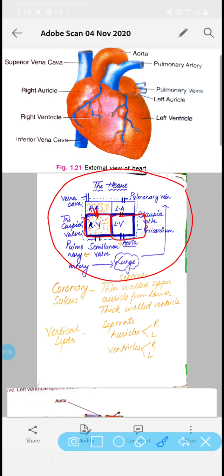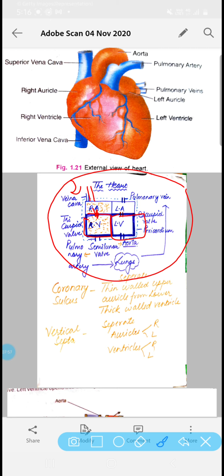Now if we talk about the working of the heart, I hope कि आप सभी को structure समझ में आ गया है heart का. Now we move on to the working. Now what happens, this vena cava collects the blood from the different body parts. Vena cava is of two types, superior and inferior. Both of them collect the body blood from all the body parts and then pour it into the